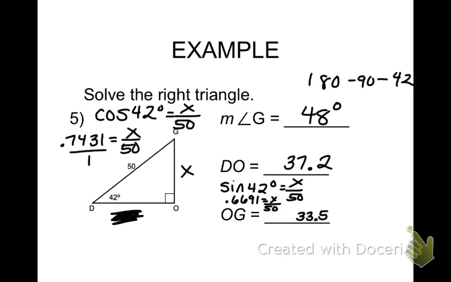So, solving for angles, you have to do your inverse trig, either on your calculator or use the table to try to work backwards. Here's the decimal. Tell me what degree is closest to it. You solve for sides, you just use your normal trigonometry. All right, so here